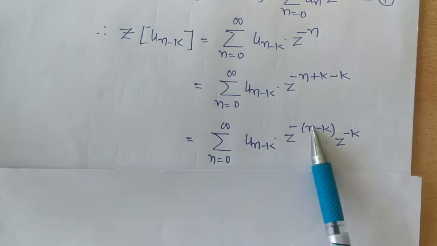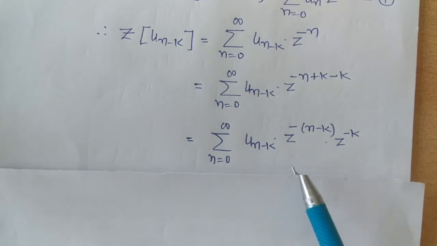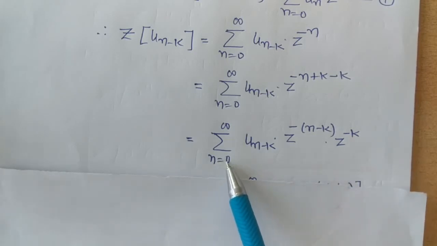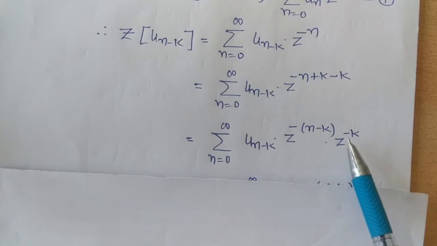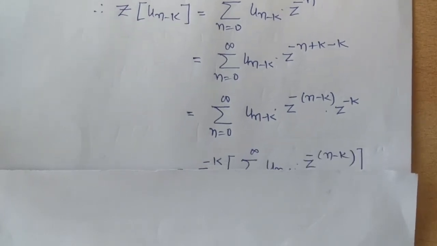So the indices of u and z are the same. Now since the summation is varying on n, z^{-k} we can write outside the summation sign, and therefore we have